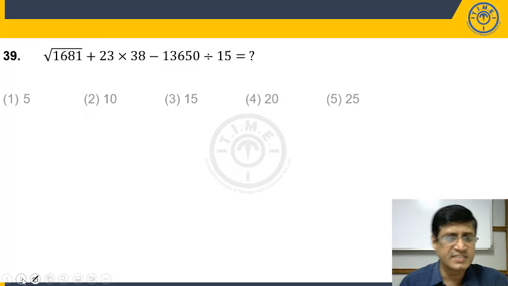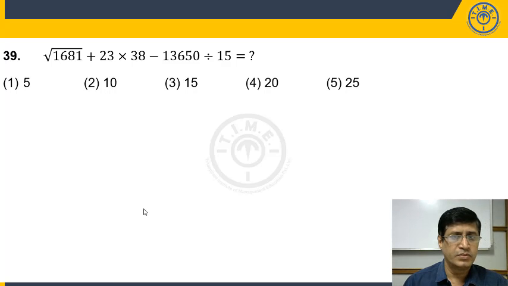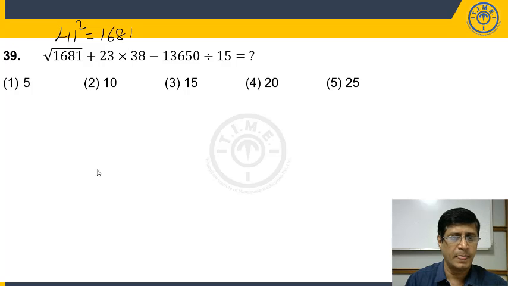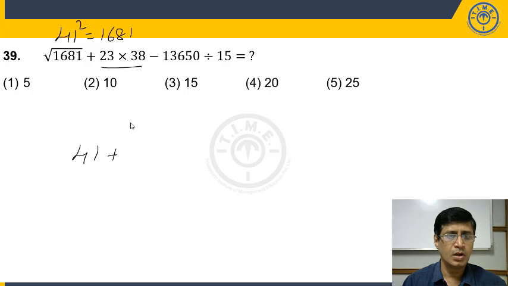Now, look at the next example on your screen. 1681, it is a perfect square. It is 41 square. 41 square is equal to 1681. So 41 plus. Now 23 into